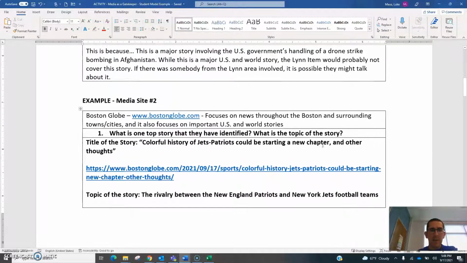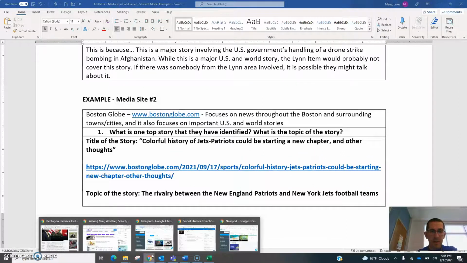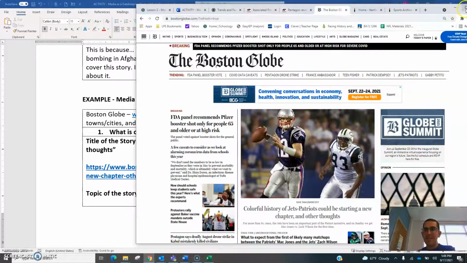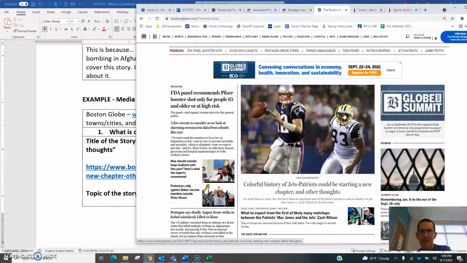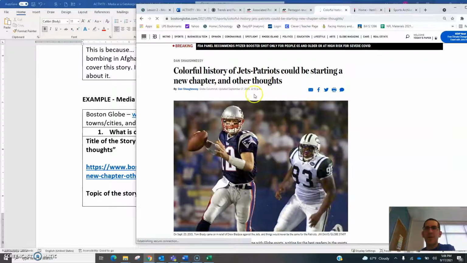Our next example deals with the Boston Globe. So if I go into the Boston Globe's website right now, I'm on the headlines, and I see that the big topic is sports. About the colorful history of the New York Jets and Patriots.